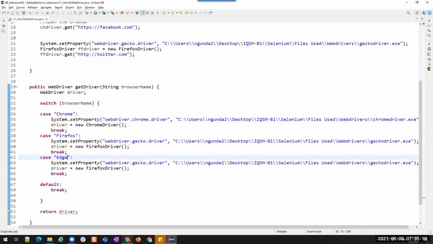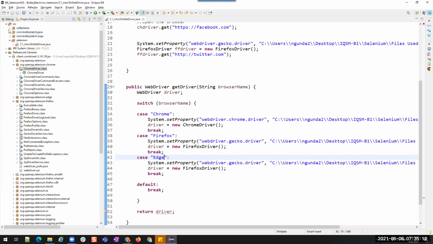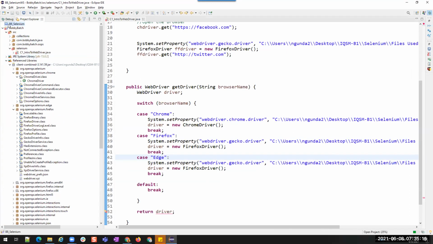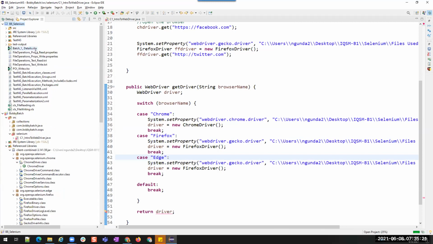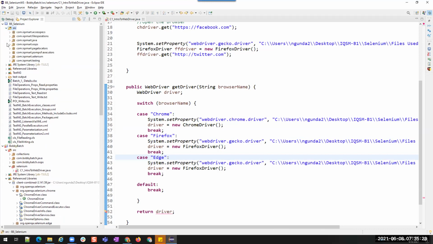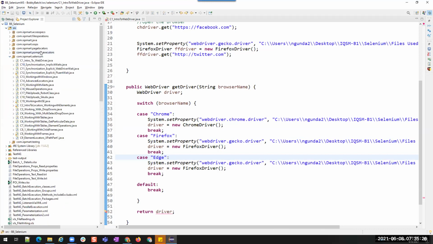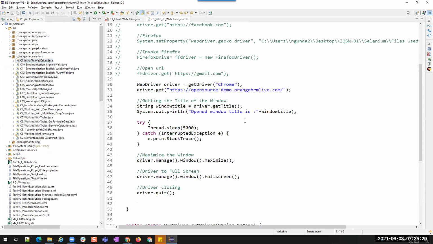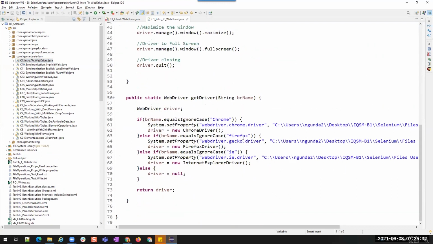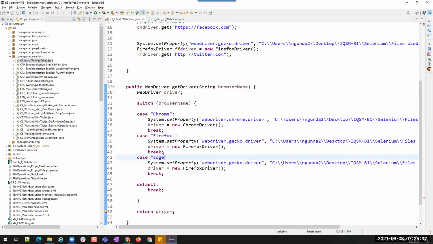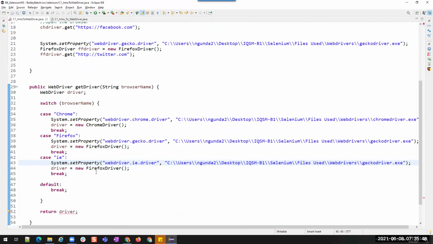So for Edge, this is my previous. WebDriver.ie.driver. Let's use this. WebDriver.ie.driver. But we didn't download the Internet Explorer driver. We have to download and then set this.